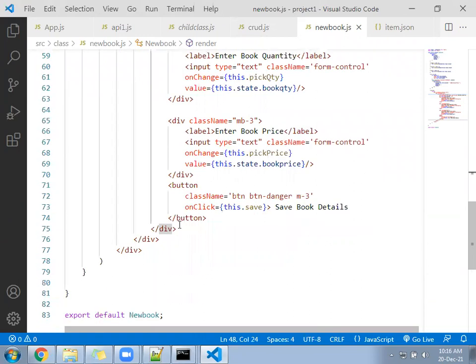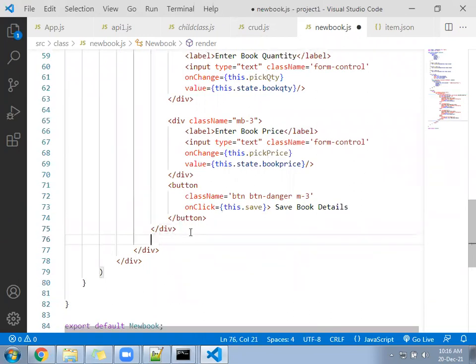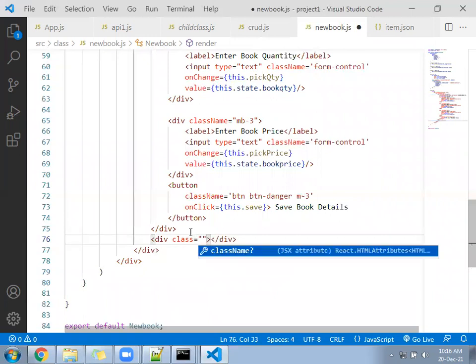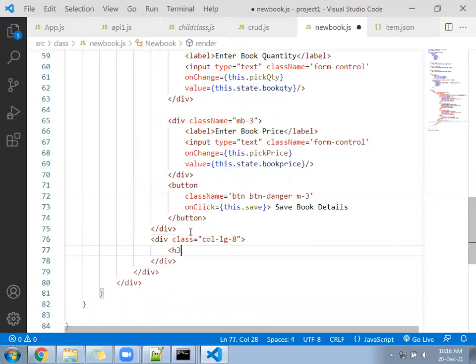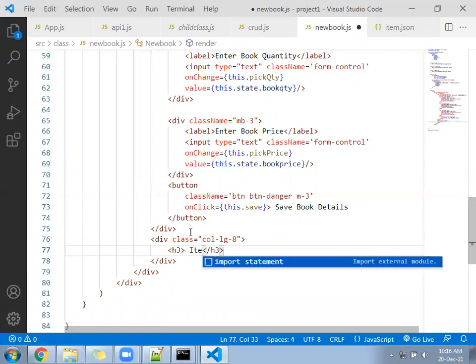Here I will create a division now. Class equal to col-lg-8. Inside the 8, I will write an h3, book list.